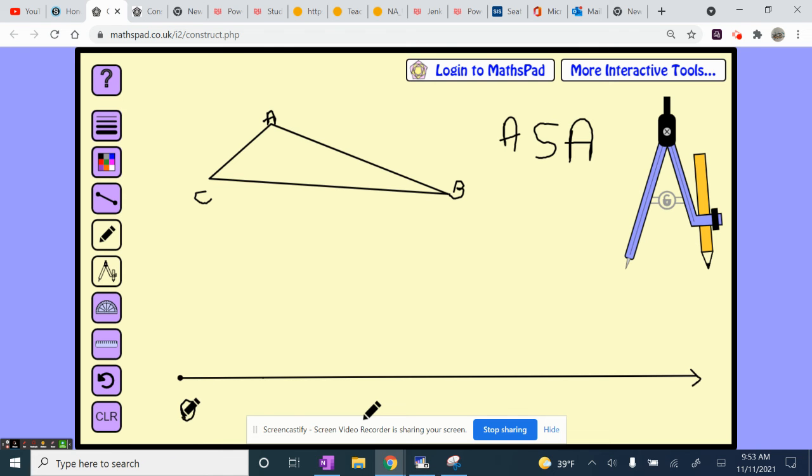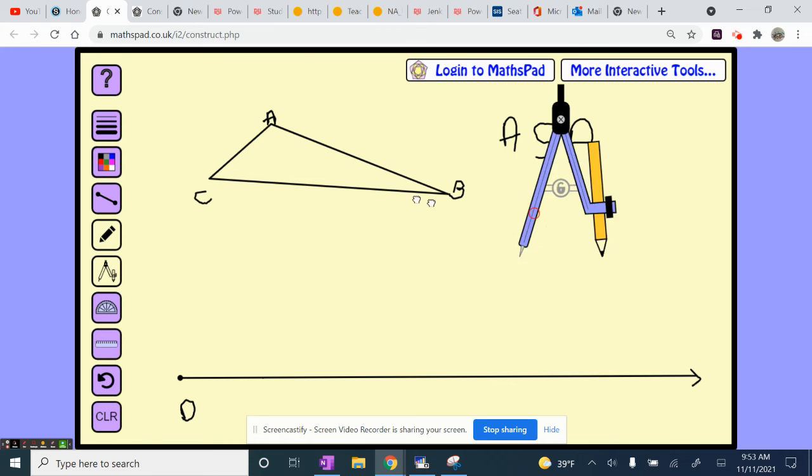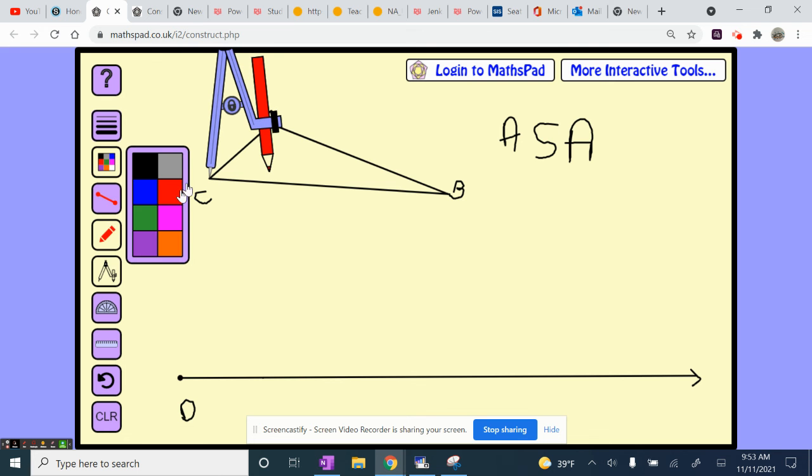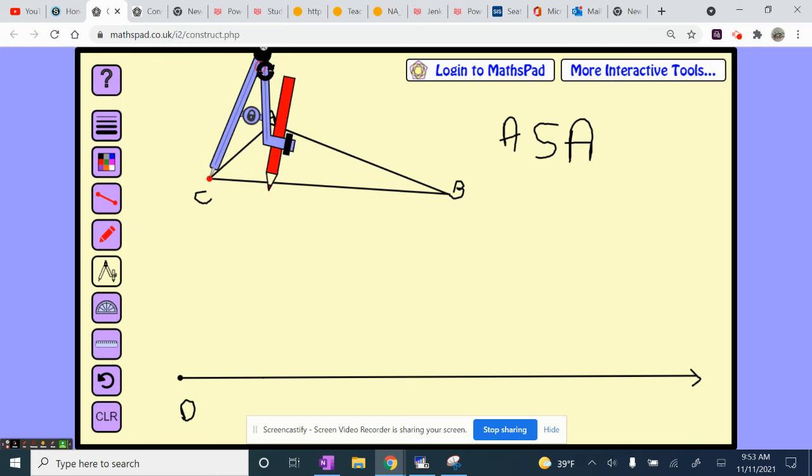Okay. So what I'm going to do is I'm going to construct an angle at D. I'm going to construct angle C at D. So it's a pretty simple task. If you've forgotten, it's not a big deal. So what I'm going to do is I'm going to take my compass. I'm going to put the needle on C. I'm just going to open it up as much as I want. I'm going to lock it, and then I'm just going to go ahead and make an arc. And let me change the color to red. All right, so now I'm going to make an arc. Okay, so go ahead and do that